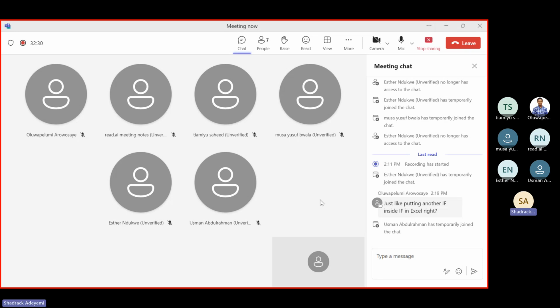Yes, it could work similarly like that, like nesting a statement in a statement. So I'm guessing this question is for the subquery. Am I correct? Pelumi on the call.